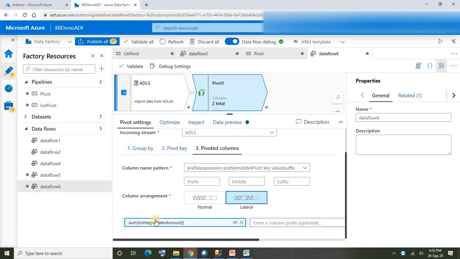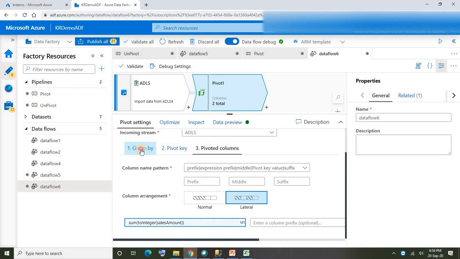That's it. Let's go ahead and say save. Okay, so the expression is total sales amount. Once all the category values are converted into columns, the value from this expression will be mapped to those columns respectively. That's how it works. I hope this is clear for you guys.